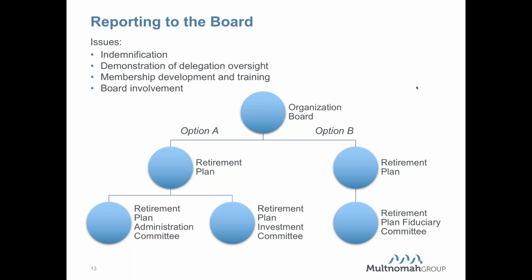For most organizations, given the level of responsibilities by their board, the effort is to try and immunize those people from fiduciary breach liability. And most ERISA attorneys representing clients that we work with would suggest that the best way to do that is to provide a very full and thorough delegation to the retirement plan committee and to not micromanage decisions made by